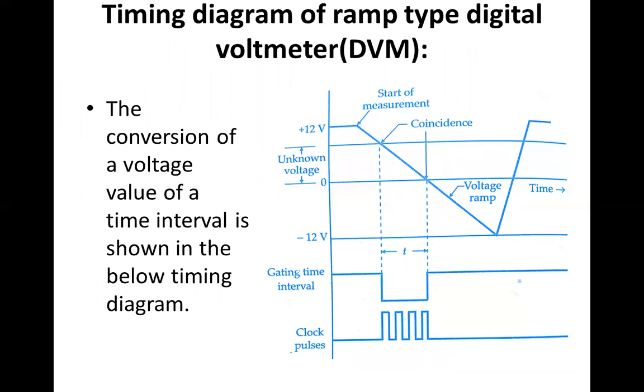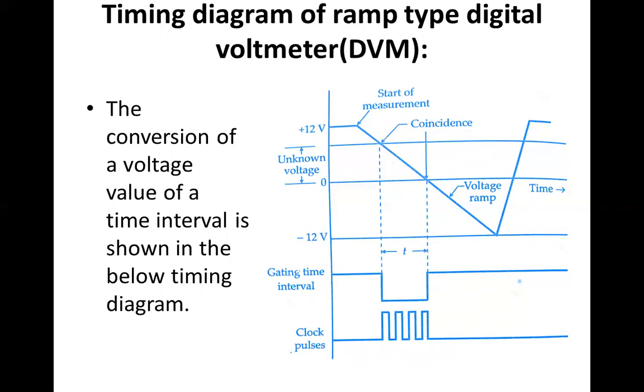At the instant the value of ramp voltage is equal to that of unknown voltage, a coincidence circuit called an input comparator generates a pulse which opens a gate. The ramp voltage continues to decrease till it reaches ground level, that is zero voltage. At this instant, another comparator called ground comparator generates a pulse and closes the gate.